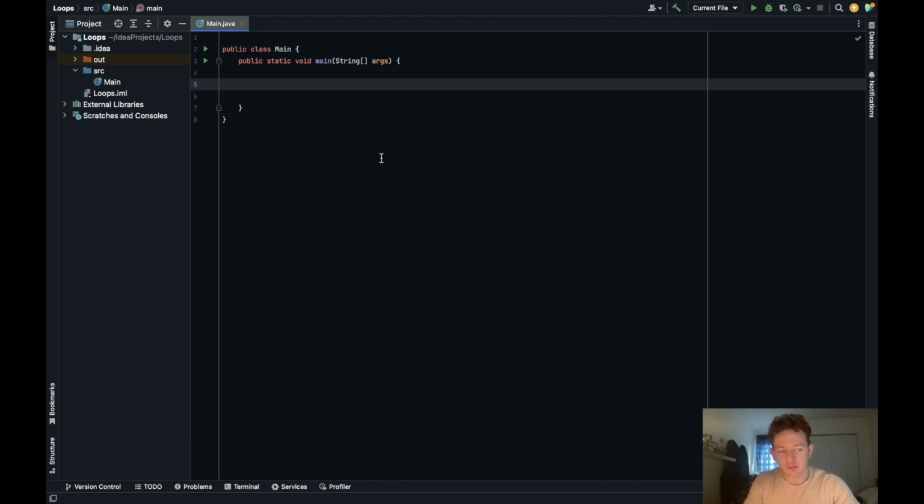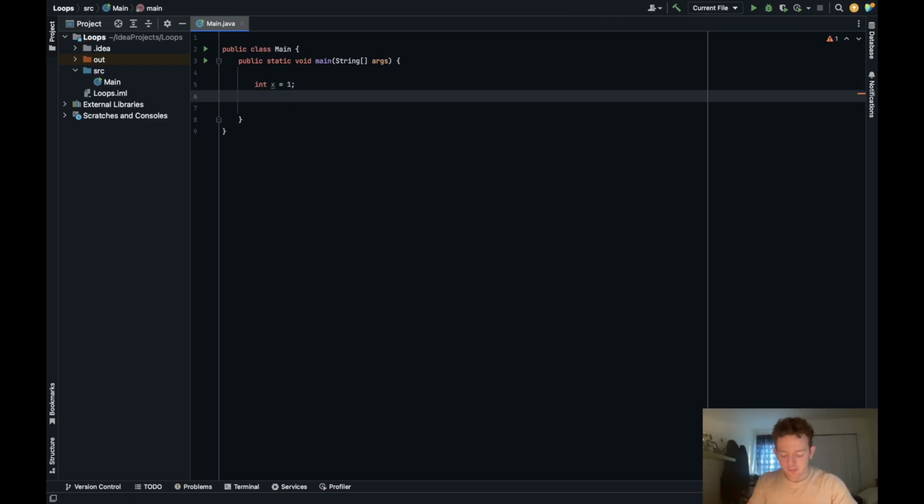Today I wanted to go over a fundamental topic in programming, which is the concept of for loops, and we'll be covering for loops in Java. So the concept of looping over something in programming is used when you want to repeat a task a certain number of times. So let's say I wanted to add a variable called x, and I set that to